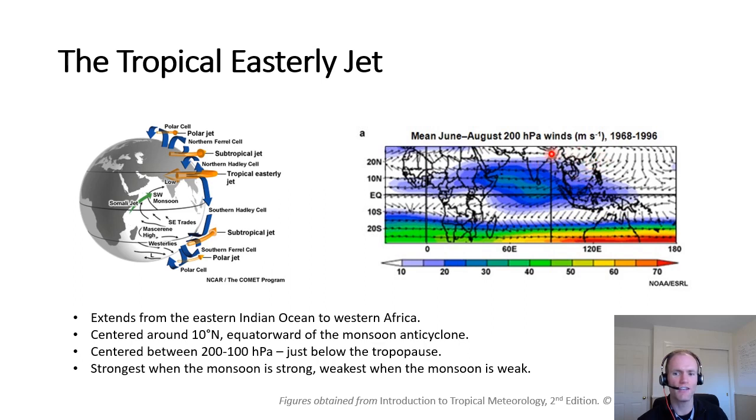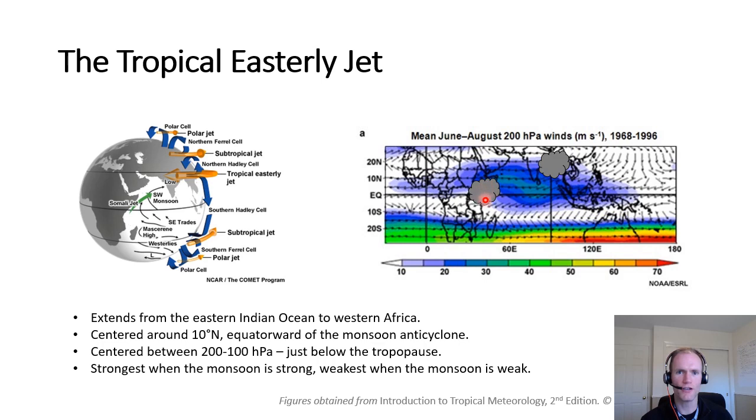This is the right side of the jet because it's going from right to left. So if you have your back here to the jet, then to the right of you is the right side, and to the left of you is the left side. And so the right entrance region and the left exit region, where the wind begins to accelerate the most for the entrance and decelerates the most for the exit, are regions in which rising motion over a deep tropospheric column are favored. And coincidentally, these happen to coincide with the monsoon region where you see the greatest monsoon rainfall,